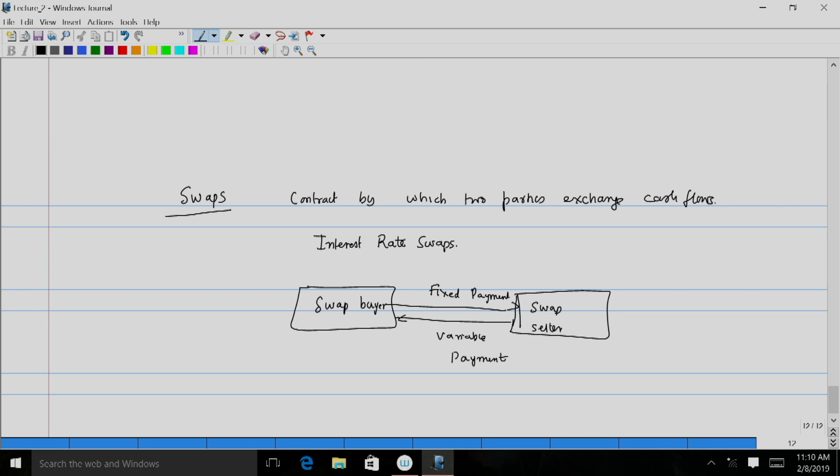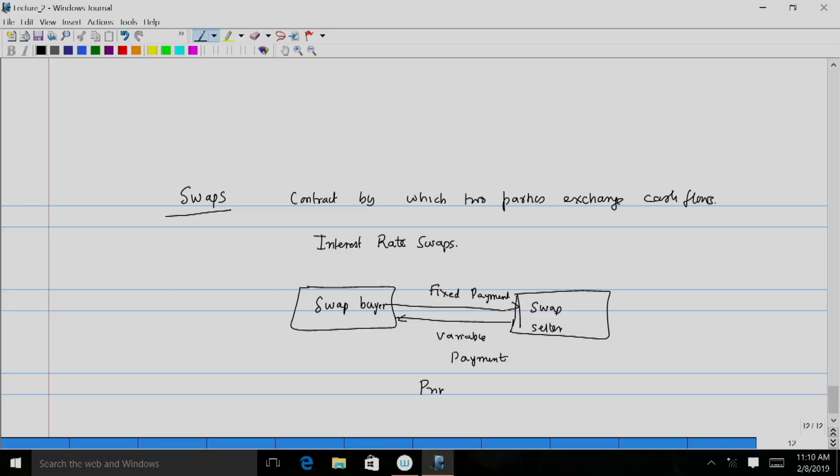Another of the typical areas where swaps are used is foreign exchange, to take care of foreign exchange fluctuations. And the principal amount, so I am talking here about a loan: the principal amount or the loan that is borrowed is not actually exchanged, it is only used for the purpose of calculation, and this is what is known as the notional principal. Again, swaps can also be traded, just like bonds and stocks can be sold. So, likewise swaps can also be sold, and there is also the need for valuation of swaps.